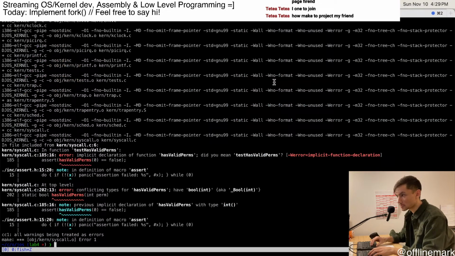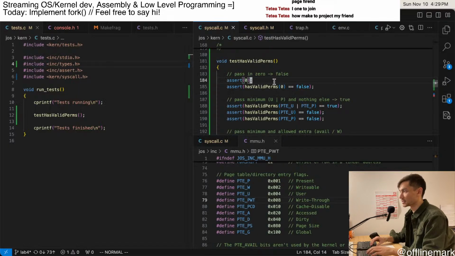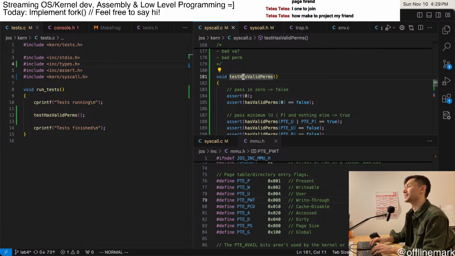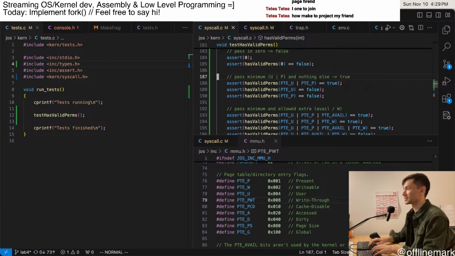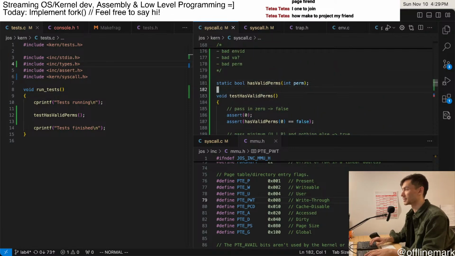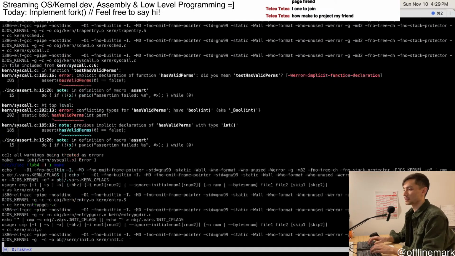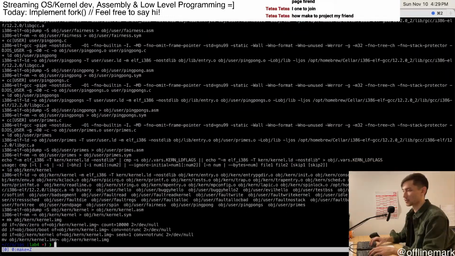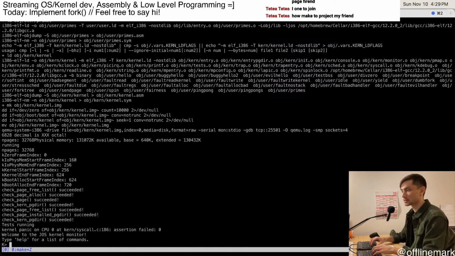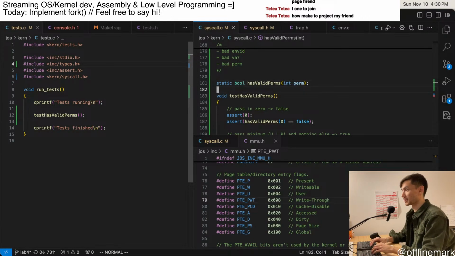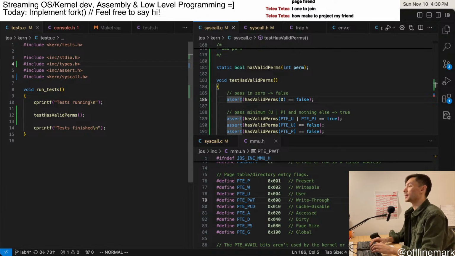Yeah, this is where we get into kind of just annoying dependency things with ordering or whatever. Okay, and now we're seeing tests running, assertion failed. So that's good. And so now we could do something like remove this and